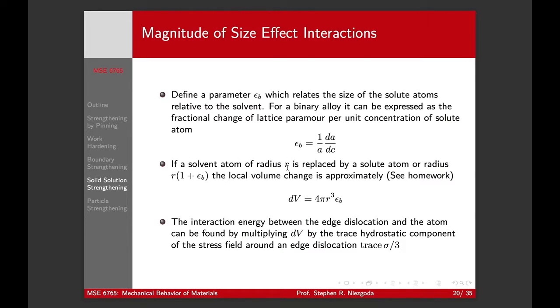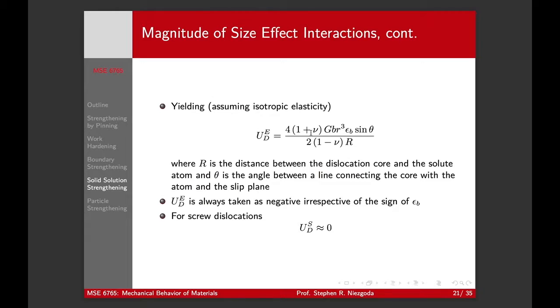Okay, so if we replace a solvent atom of radius r by a solute atom of radius r plus epsilon b, right? It's not hard to derive that the local change in volume has to be this, right? And so the interaction energy between the edge dislocation and the atom can be found by multiplying dV, the change in volume, by the hydrostatic component of the stress field, which is the trace of the stress divided by 3, right, around the edge dislocation. Remember, this is nothing but this strain-like parameter times the hydrostatic stress,